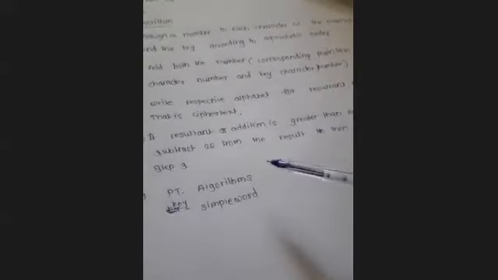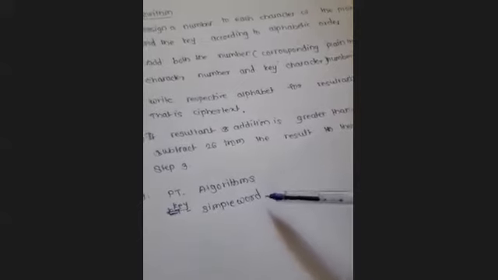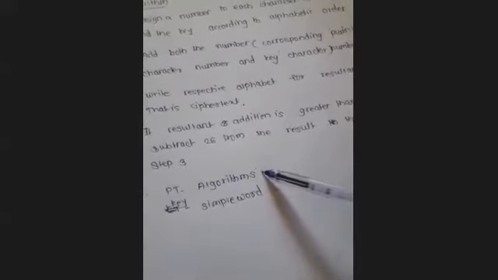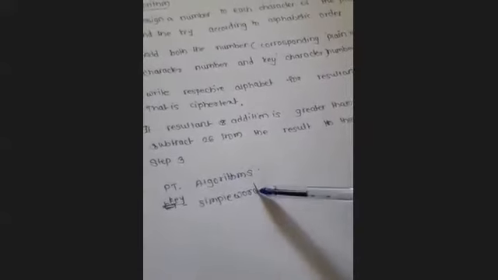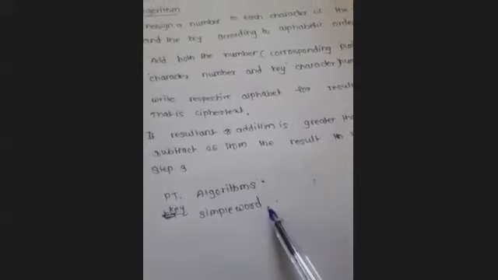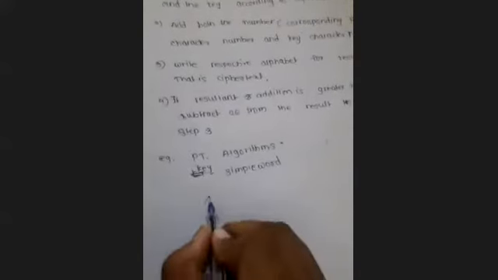And remember one thing, in this Vernam cipher, the plain text length is equal to the key length. मतलब दोनों की length same रहेगी. The key which we are using, the length of the key will be equal to the length of the plain text. Vigenere cipher में क्या किया हमने? Even if the key length is less than the length of the plain text, we were repeating the key until we matched the length of the plain text, isn't it? But in this method, the length of the key will be equal to the plain text length. That's it. Simply write down.